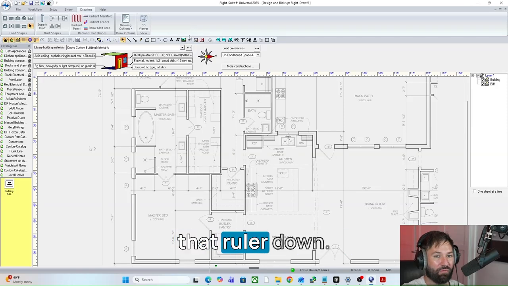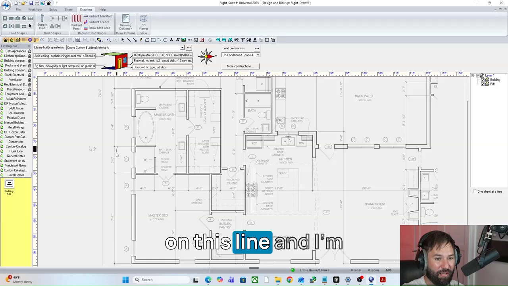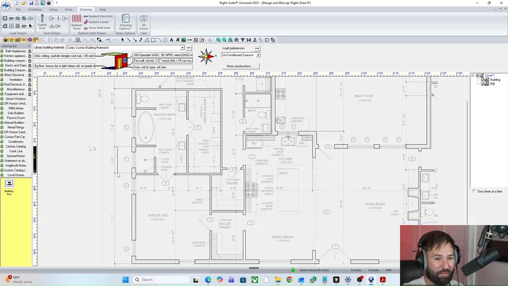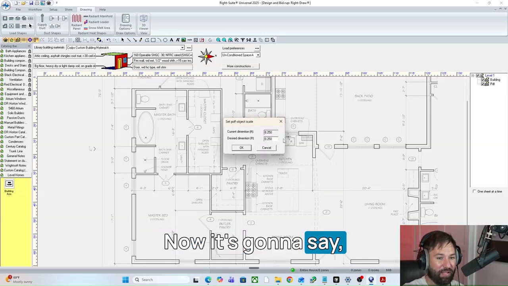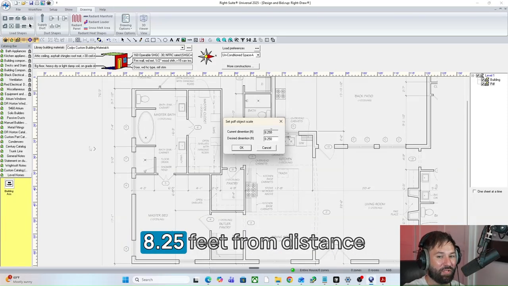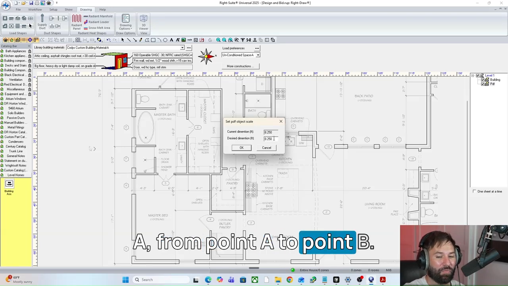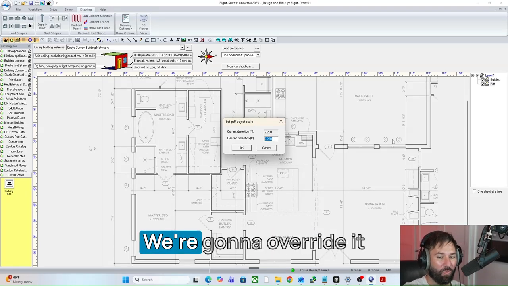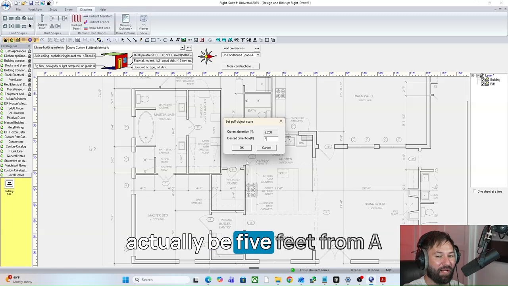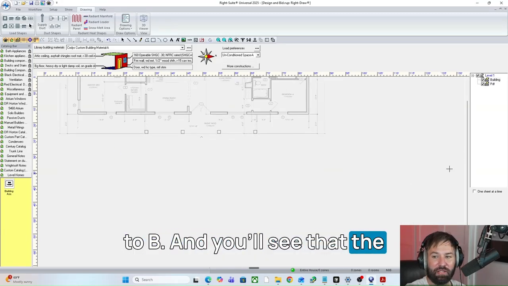And I'm going to bring that ruler down, and I'm going to start on this line, and pull to this line. Now, it's going to say, according to your file right now, the scaled version is 8.25 feet from point A to point B. We're going to override it and tell it that that should actually be 5 feet from A to B. And you'll see that the